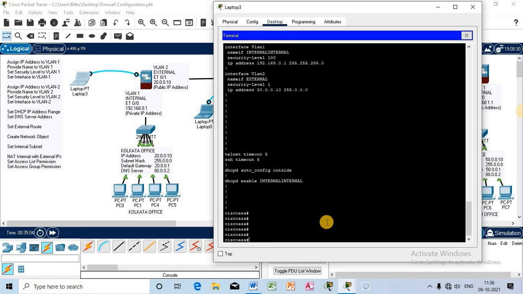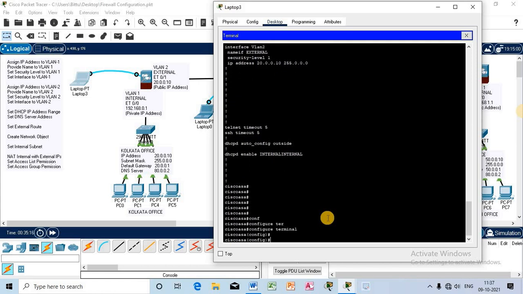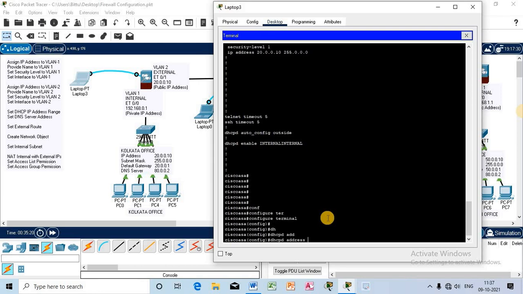Now I will again move to the configuration mode. Write configure terminal. I will create the DHCP pool, dhcpd address followed by the range. The internal DHCP range will be for the inside part, 192.168.0.1.